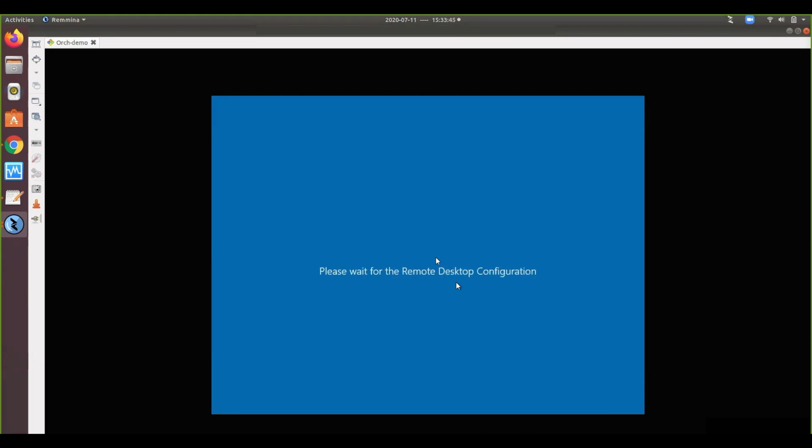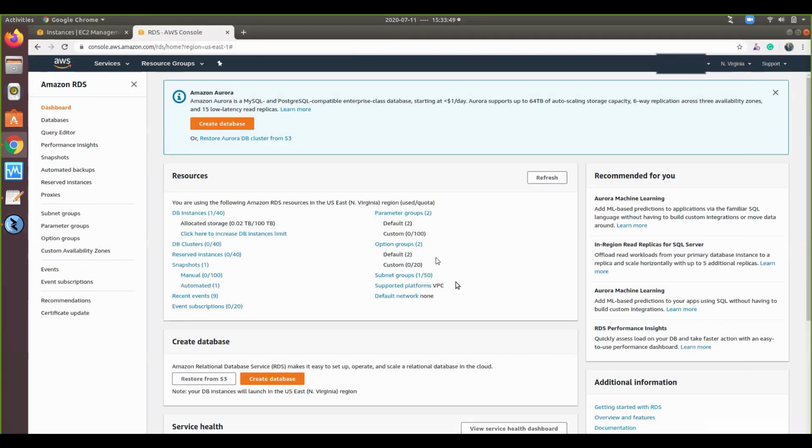So it is restarting the computer to reflect the installation changes.